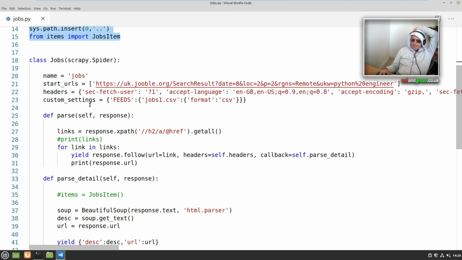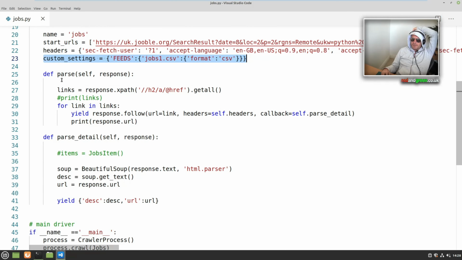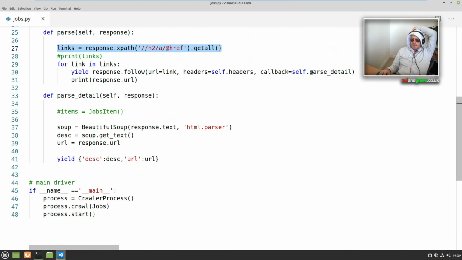So anyway, feeds: at the moment I'm just testing it with CSV files, so that's why we've got custom settings here. Next we've written parse, and that's just going to the job site and getting all of the hrefs, which are all of the jobs which have h2 tags. Then for each of those, I'm just going to follow that URL. I'm going to print the response, and then I'm going to actually go and follow the link. So then we'll end up with a response that we can then parse, and we can extract just the text,